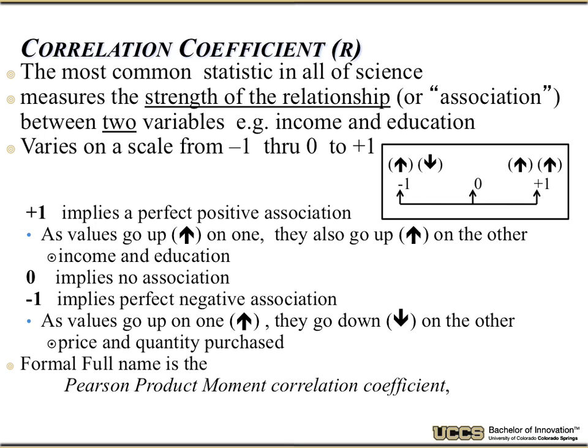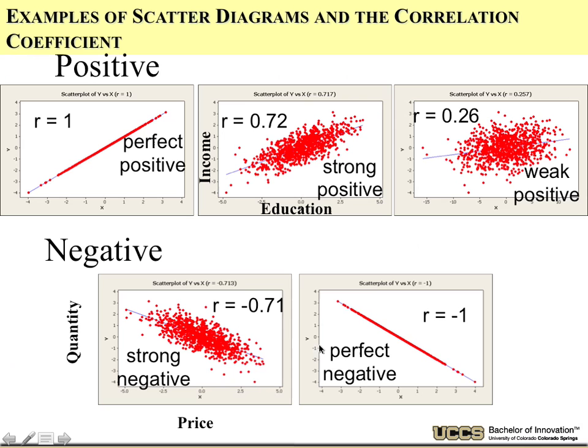Mostly it is called the correlation coefficient, but if you fire up a statistics package like R and look for correlation, you might find a whole bunch of different ones. So I just want to make sure that if you need to choose it, you're looking for the Pearson product moment correlation coefficient.